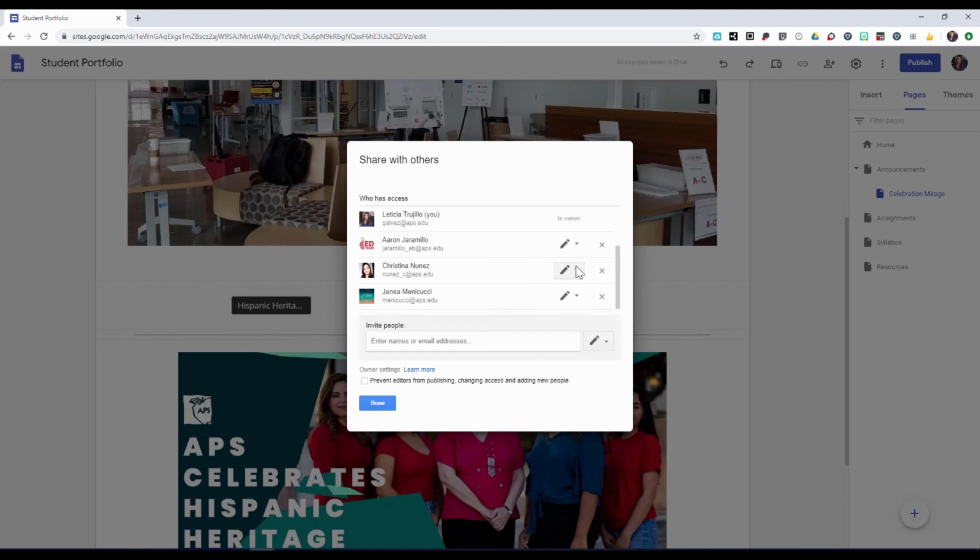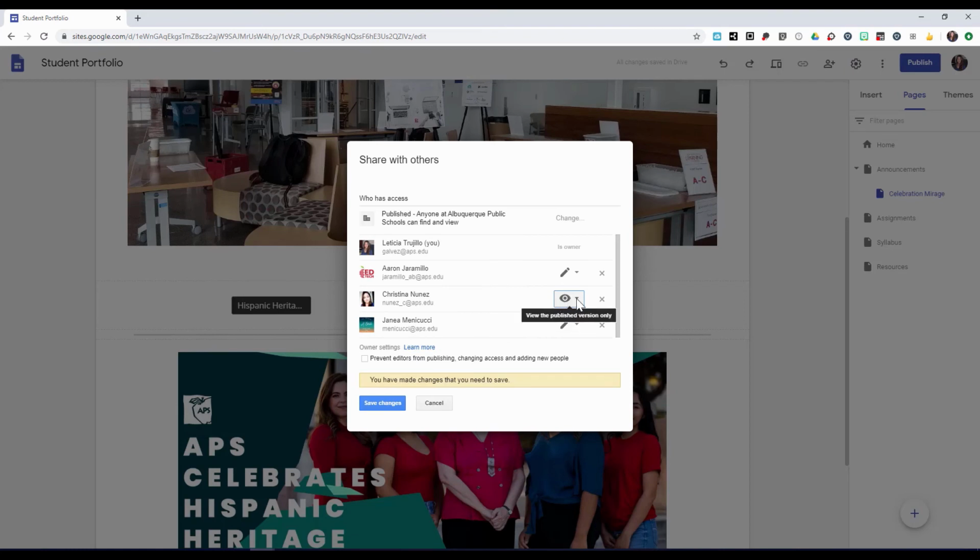If I click on the drop down arrow next to the pencil icon, I can change the access to certain specific people. If I want Tina to only be able to view my published site, then I can change that access. And now I see a little eyeball icon. That means that she has view only access. I can do the same for